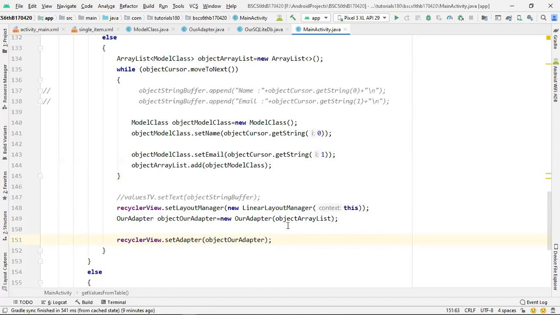So if you have any question about the code which we have written for our recycler view, please feel free to ask, and you can ask inside the chat box, or you can directly turn your mic on and ask. Otherwise, please say no inside your chat box so that I can move on.